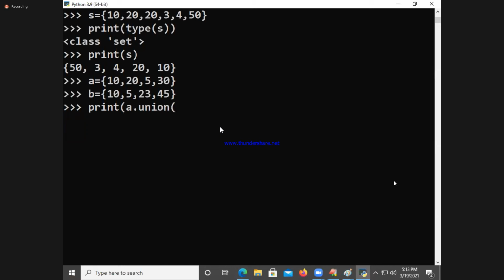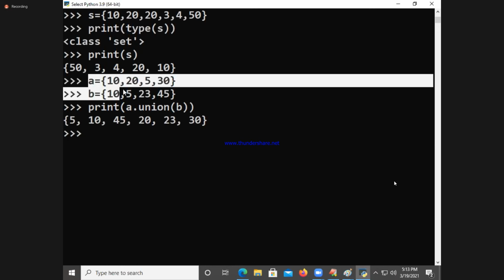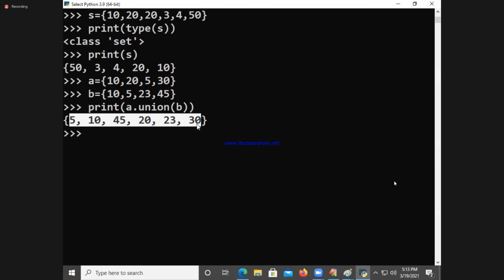I will explain the functions. So many functions are there here also. Of what? B. How do we write it mathematically? A union B. What is the function name? A union B. What it will print, you see? All the elements coming. Duplicates or without duplicates? Here 10 is there, 5 is there. Is the 10, 5 two times coming or one time coming?